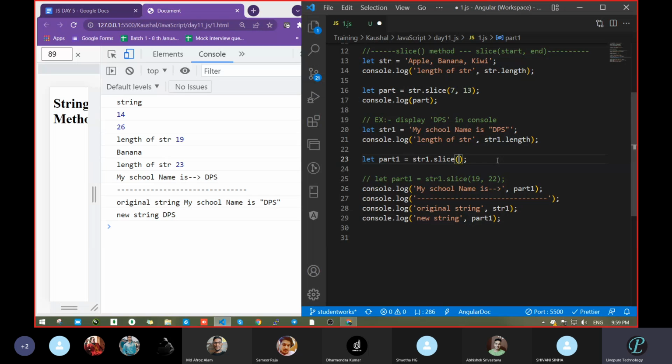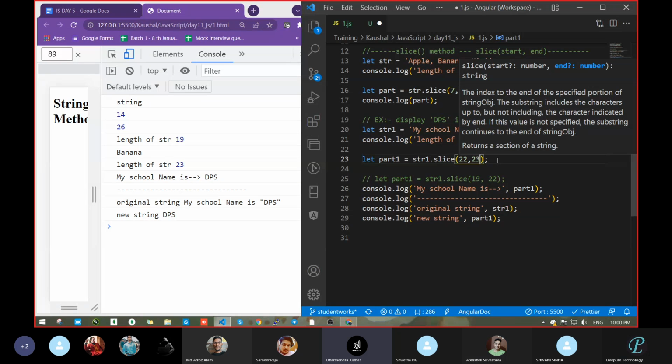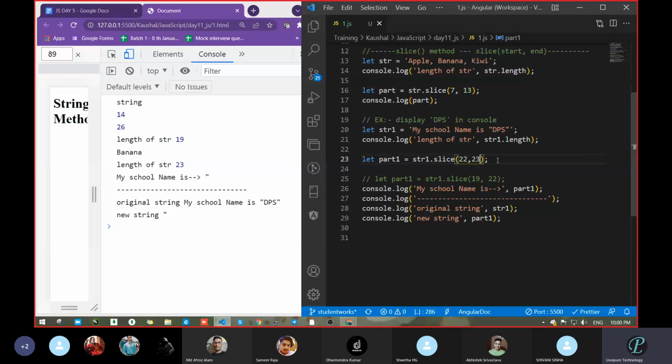I want the output from starting to ending. 22 to 23, I think. 22 comma 23. Okay, that is the last, I think. That's fine.